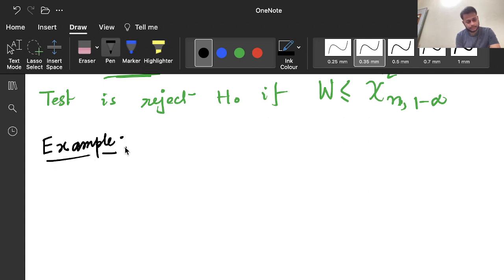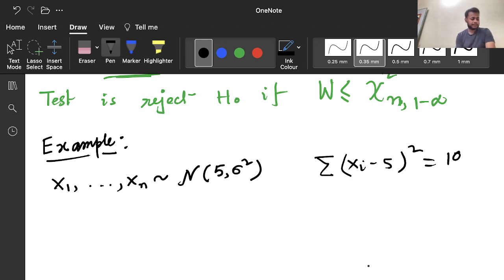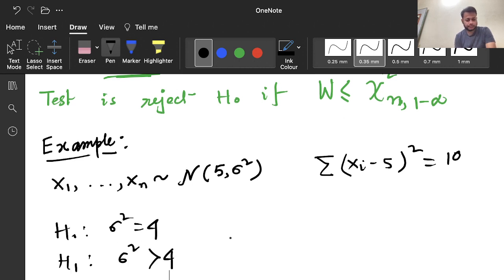Example: x1 to xn follows a normal with mean 5 and variance sigma square, and suppose the summation of (xi minus 5) square is 10. Then the hypothesis is H0: sigma is equal to 4 against H1: sigma square greater than 4, and the test statistic W will be 10